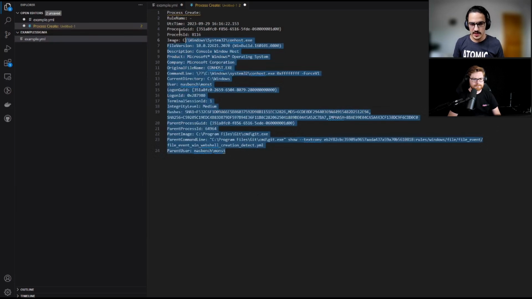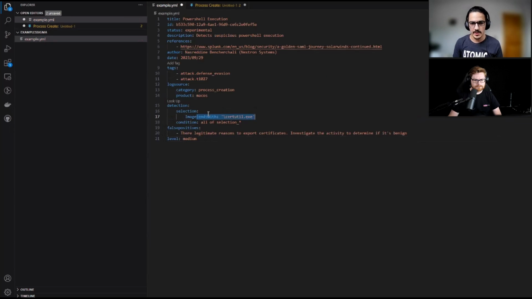Okay, so you can see the log, right? This is a log from Sysmon that you install, and it has some fields: command line, current directory, user, whatever. All of these fields technically are part of the log, so they are accessible by Sigma. So let's say you want to detect an image, which is basically the process. In this case it's conhost, but let's say you want to capture PowerShell. You say image is PowerShell. And that's basically it. Easy peasy.